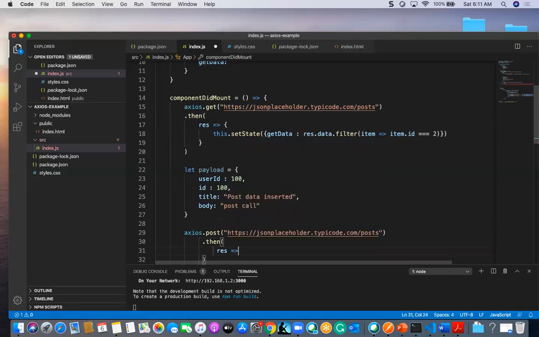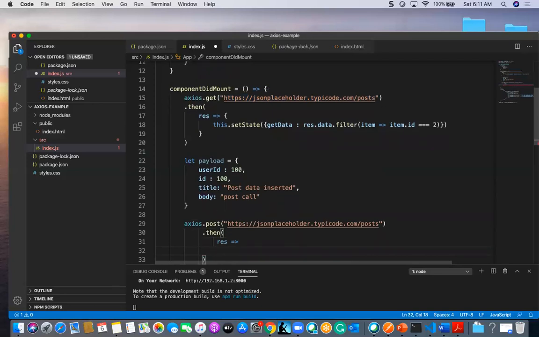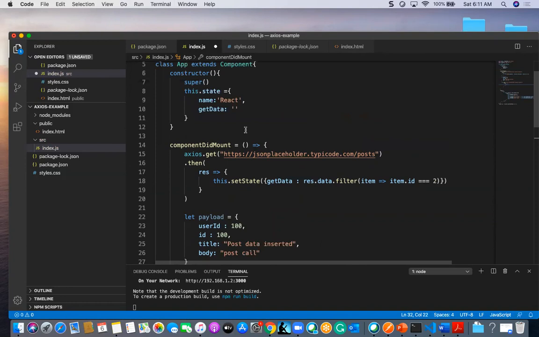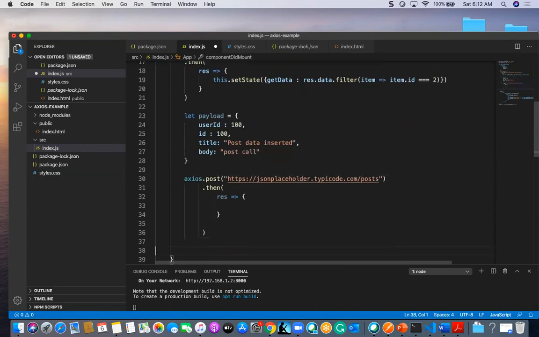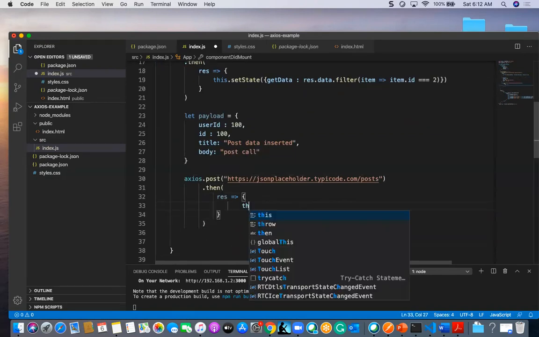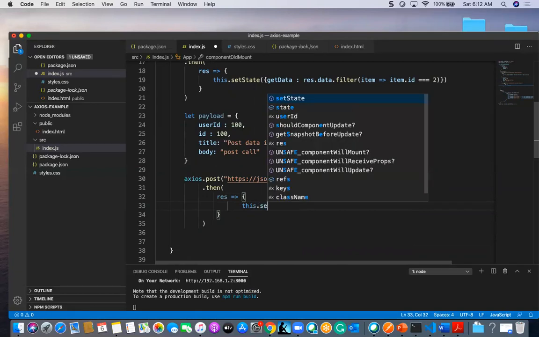This response I am going to take as a state. Actually I should take a state to update it. So I will get here some postData, and I am going to get here this post call. So here this.setState,